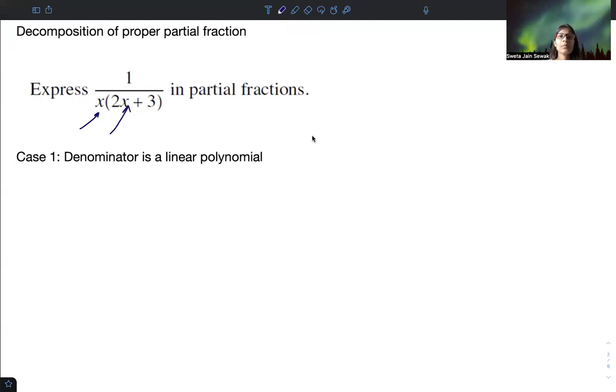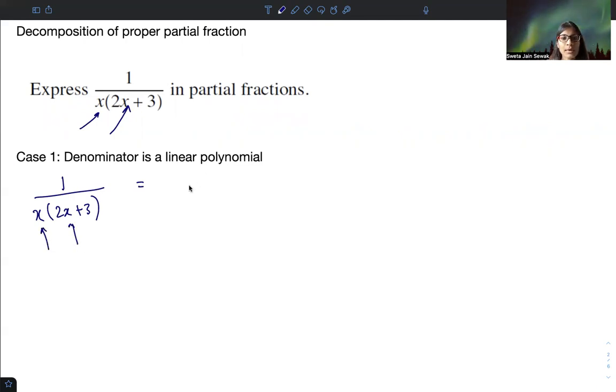Both of these are linear polynomials. So how do we decompose this kind of rational fraction? It's 1 over x multiplied with 2x plus 3. Both the denominators have a degree of 1. They are linear. So we can write this because there are two of these